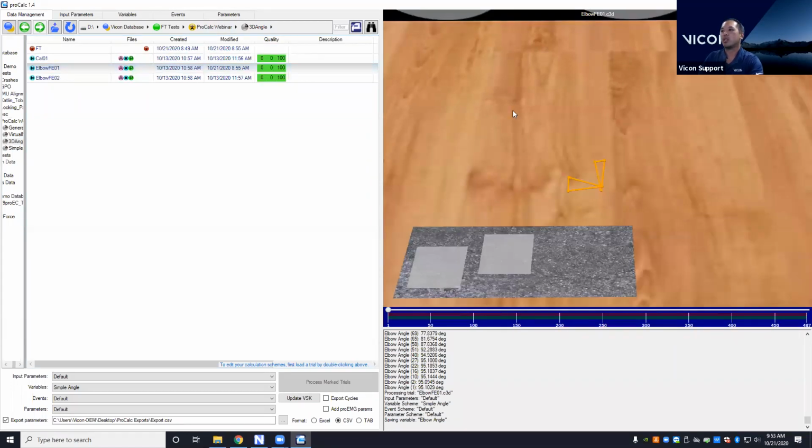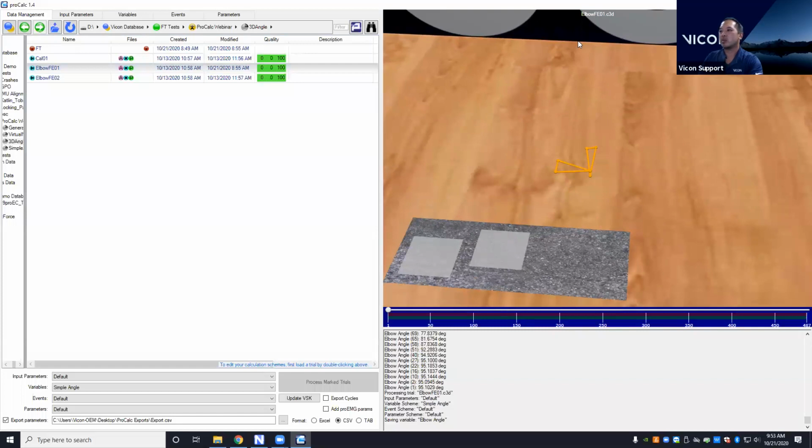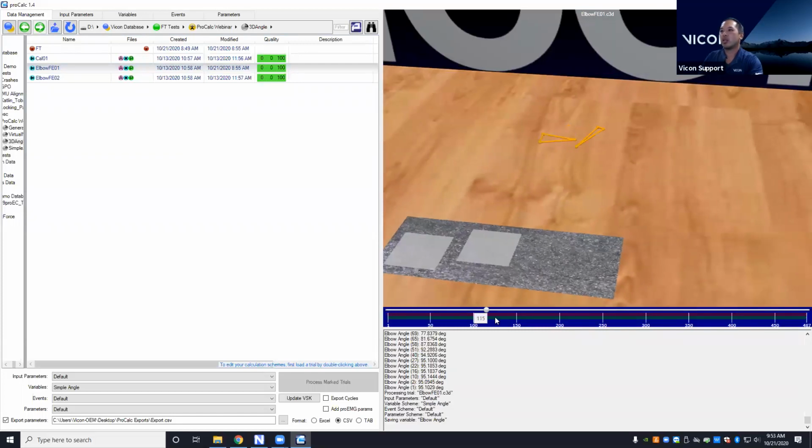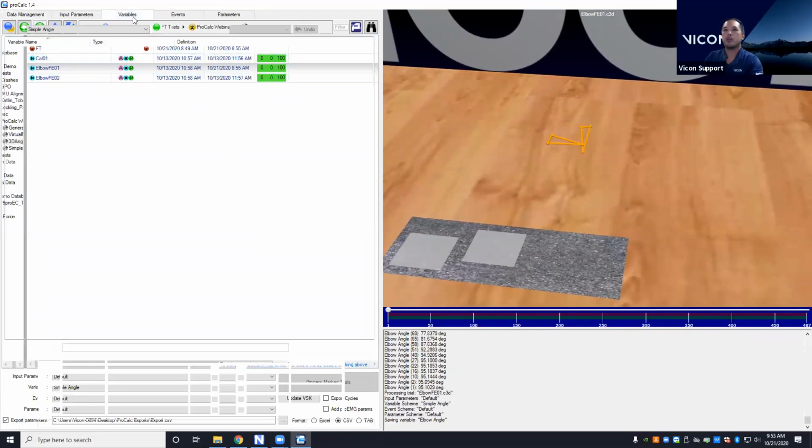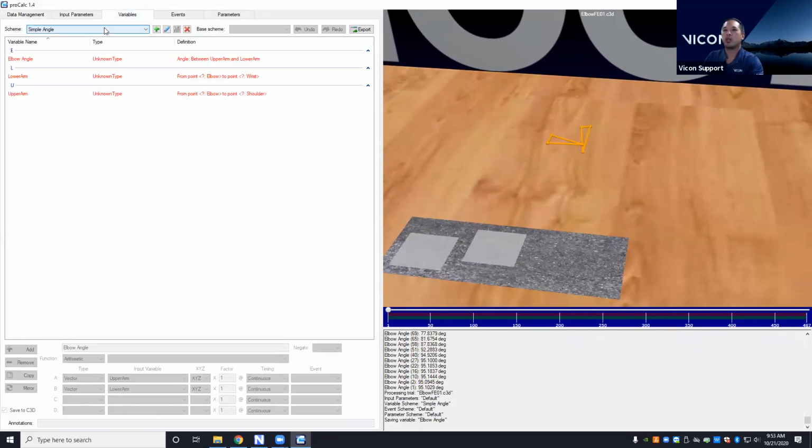So now you can see I've got significantly more markers. I've got 6 on there for the upper arm and the lower arm. Again, I'm just doing some simple flexion extension. Okay. In my variables tab, I've actually already created the scheme because I don't want to spend too much time